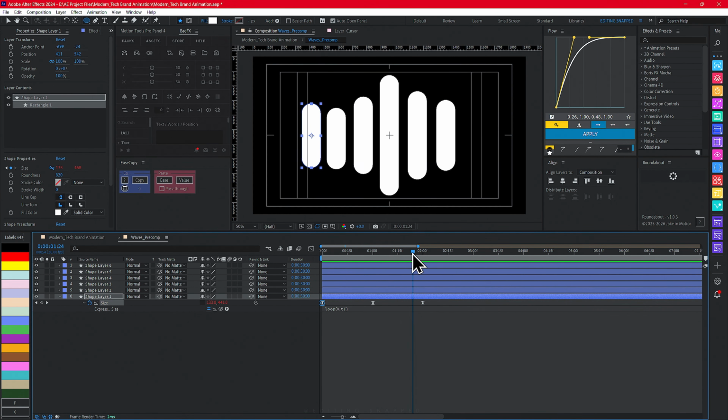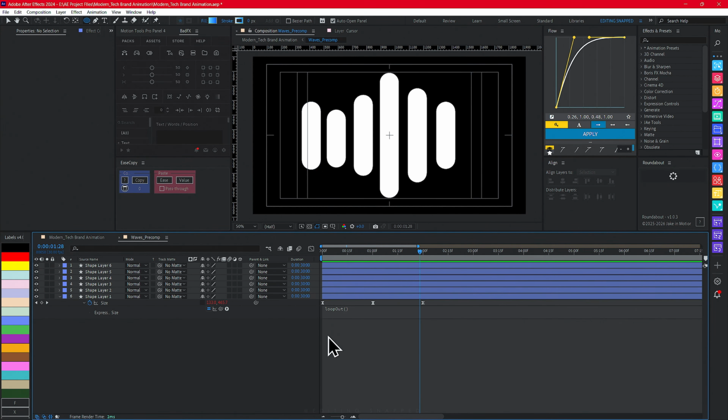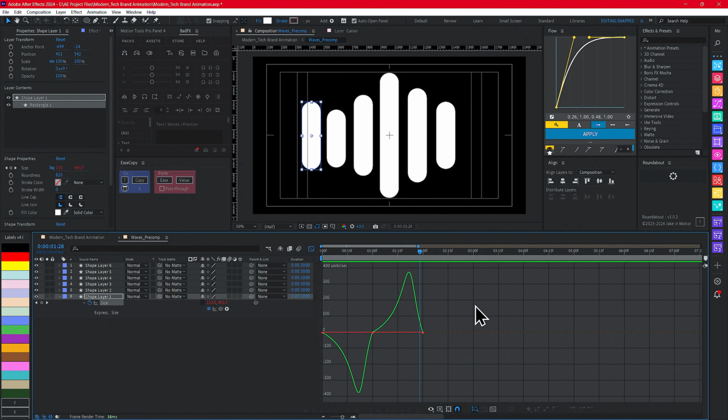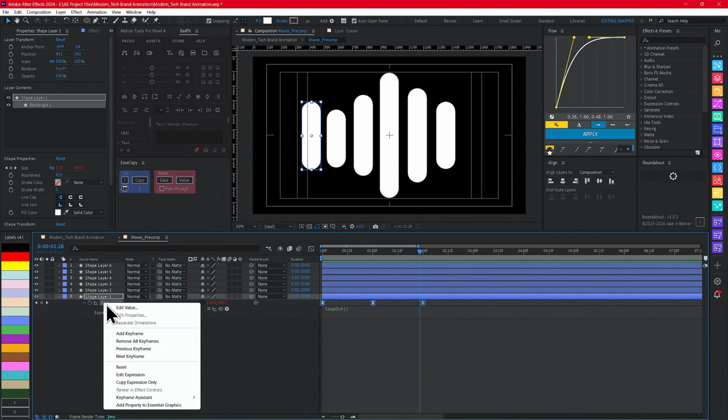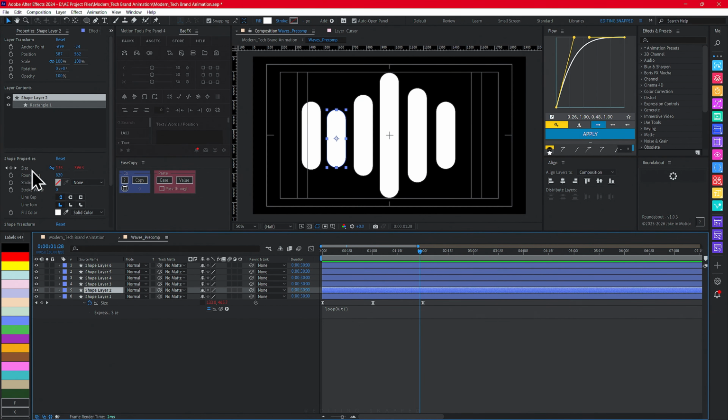after that you have to loop that. So here, holding Alt, click on this stopwatch of the size and just apply the simple expression called loopOut open parenthesis and close parenthesis, and you will get that looping animation. And just select these keyframes, apply easy ease and just go to split graph editor and just make a graph something like this. And after that, just right click, copy expression only, select this option and select these layers, select